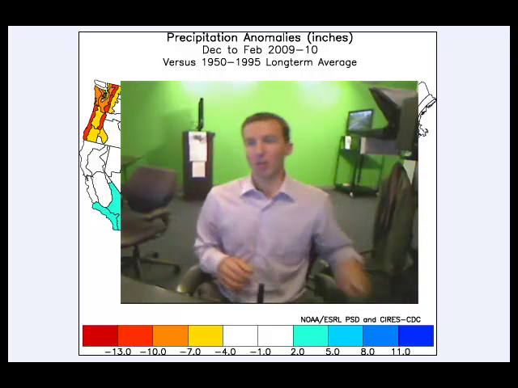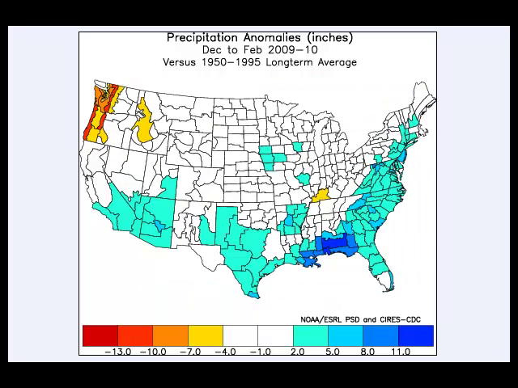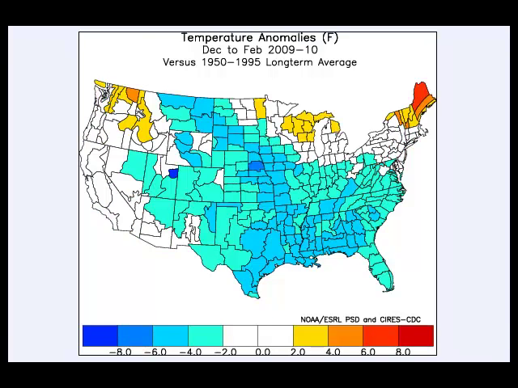First of all, this is what occurred last winter, December, January, February. Precipitation-wise, it was a pretty wet winter across the southern tier of the United States and up through the Carolinas into the southern New England states, with above-average precip, and a pretty cold winter. These are the temperature anomalies through the plains and the southeast, a below-average temperature winter. No doubt about that. It was a cold and pretty high precip winter across the southeast.